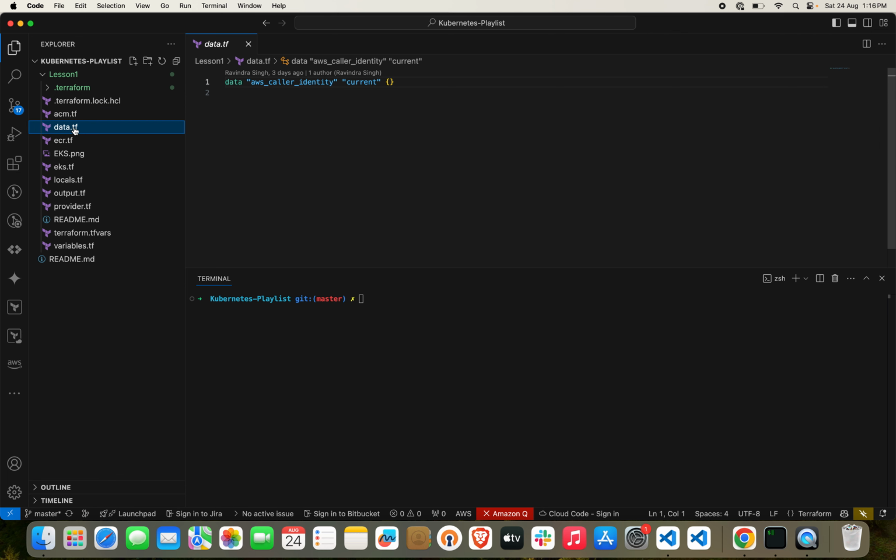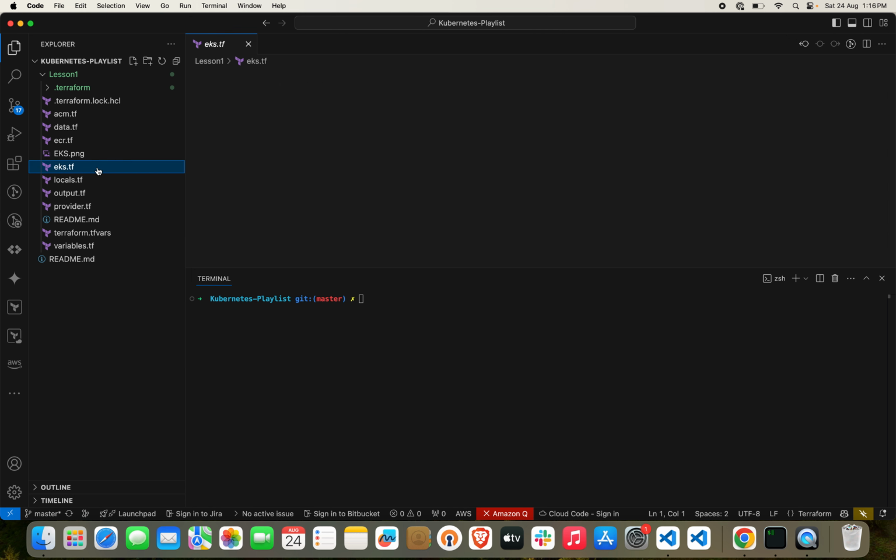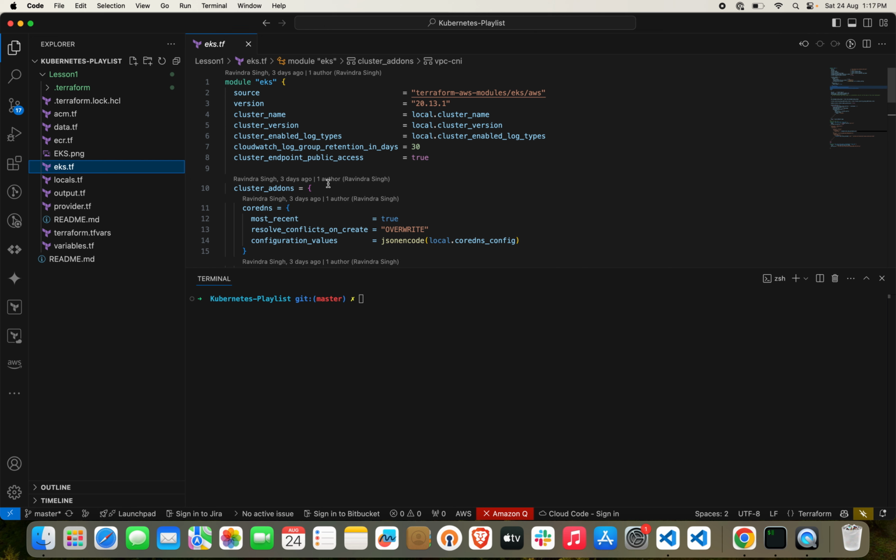Then we have called data.tf. Here I am fetching the account ID. And third we have ecr.tf, where I am using a for_each loop to create multiple repositories. And then we have the main code, which is our eks.tf, where I'm using the open source Terraform module,